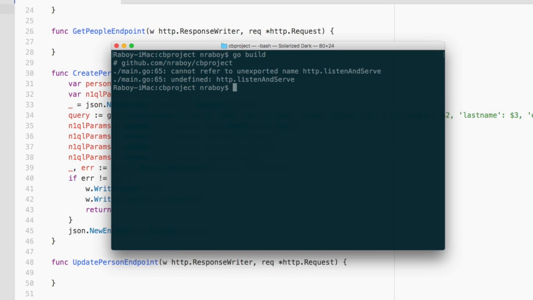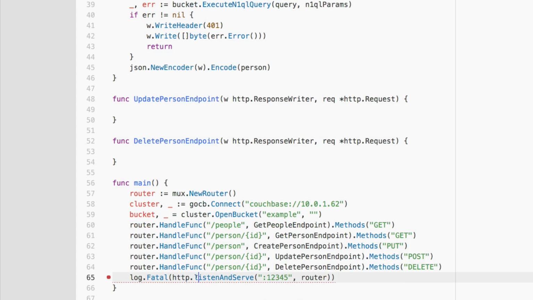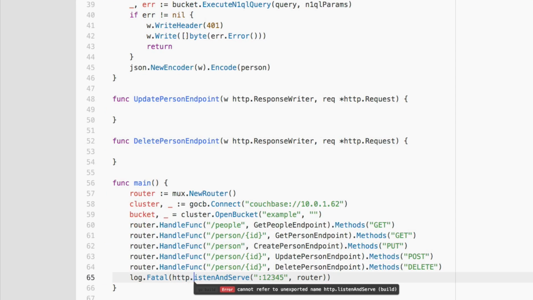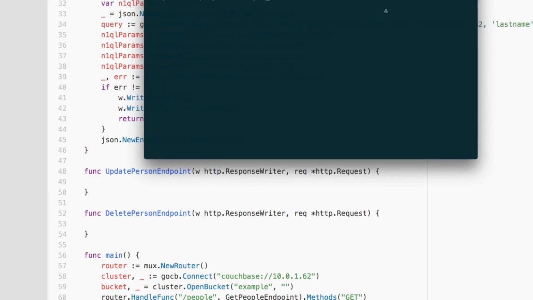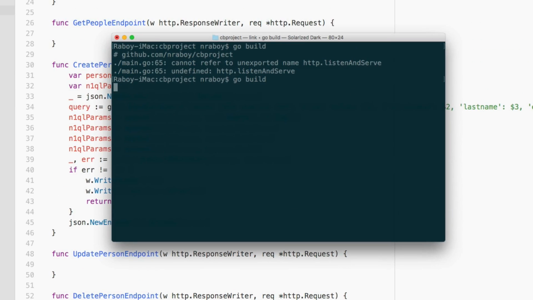So it did error. Further looking at it, it looks like I have a lowercase l, which I missed. We want it to be an uppercase L in ListenAndServe. So let's go ahead and build it again. So it is built. So now let's try to run it. So we're going to say run CB project,